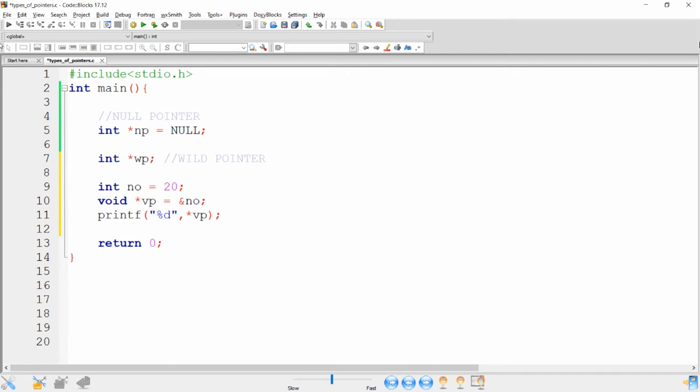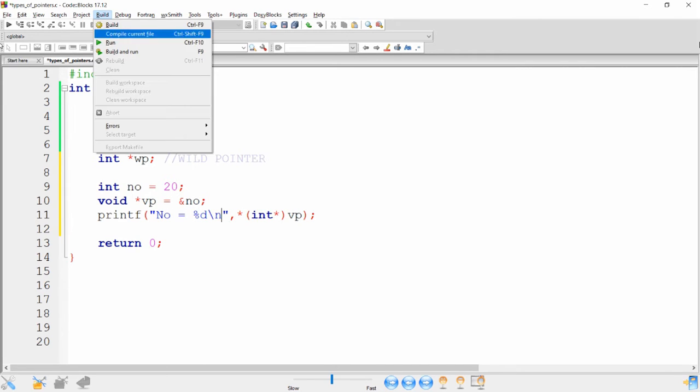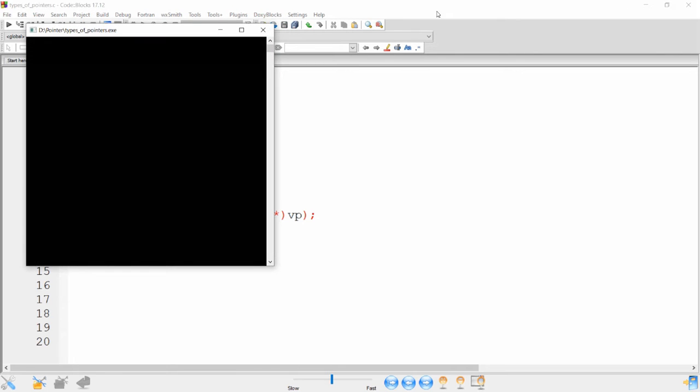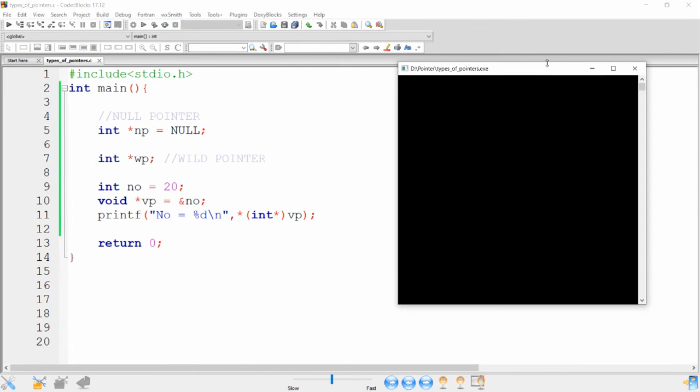For a void pointer, we need to cast it to the required explicit type. Our type is integer, so we cast it to an integer pointer. Then you can print number = and the void pointer, explicitly cast to the integer data type, gives you number = 20.